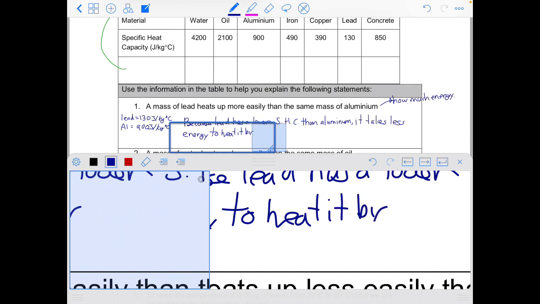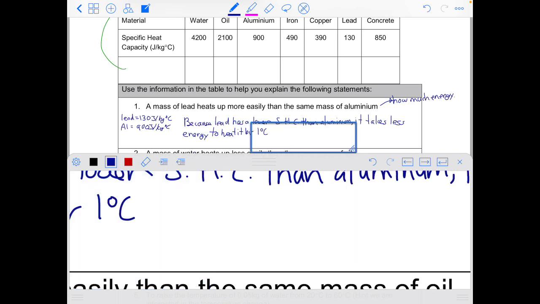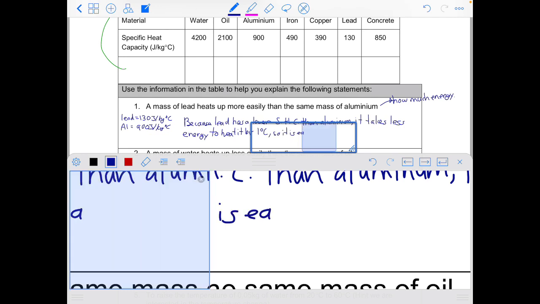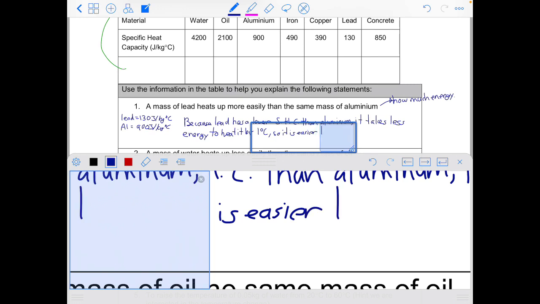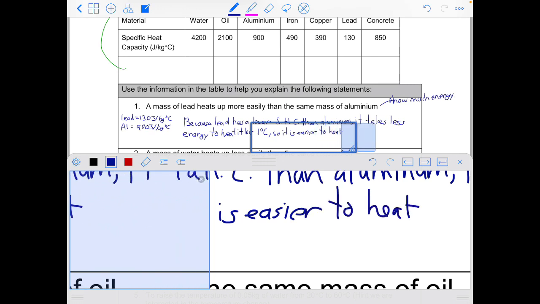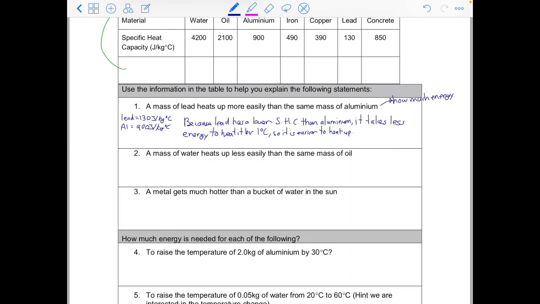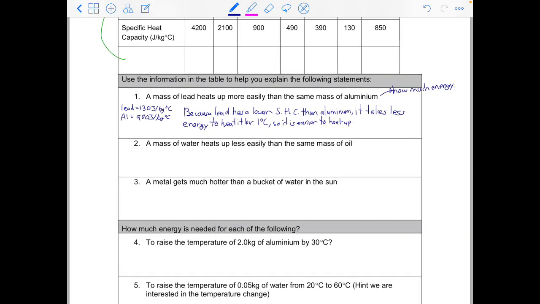I'm going to be more specific, because the more specific you can be, the more likely you are to get all the marks: heat it up by 1 degree Celsius. So it is easier to heat up. So that's all it's asking for. It wants you to refer back to the specific heat capacity to explain why that is. So looking at question 2 and 3, pause the video, give them a go, and we'll come back for your